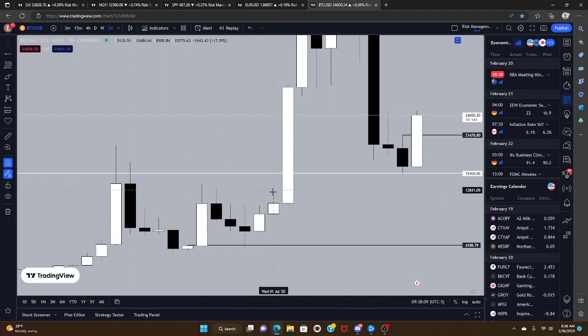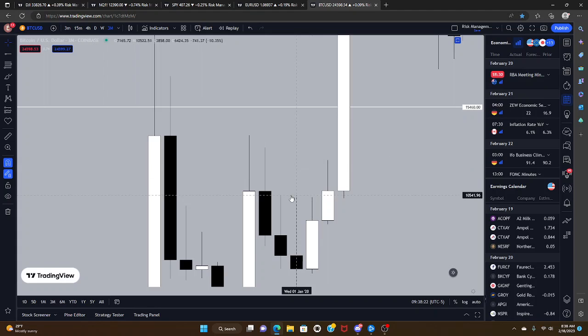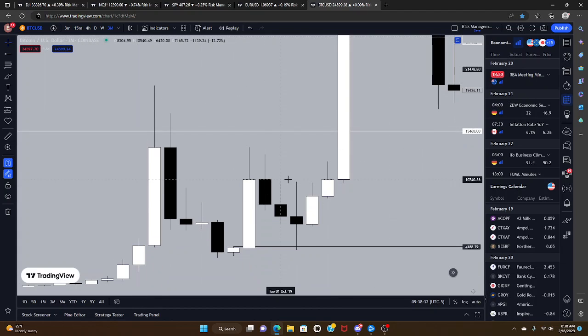Now, it is important to talk about instances where this doesn't work out. You actually had a quarterly high, let's see, did it actually get taken out? No, it didn't. I actually thought this high right here got taken out by this, but it looks like it didn't, at least on Coinbase. So Coinbase was true to this rule. I think on other exchanges it took it out a little bit,